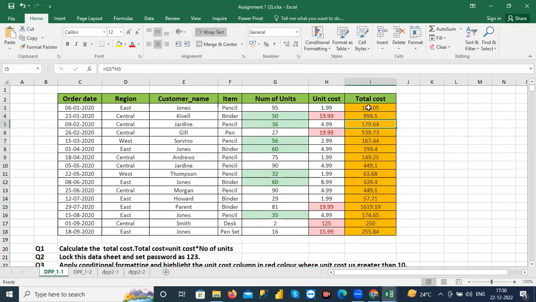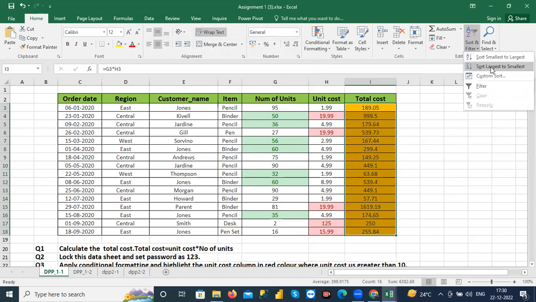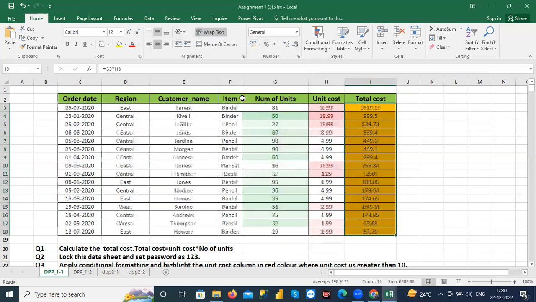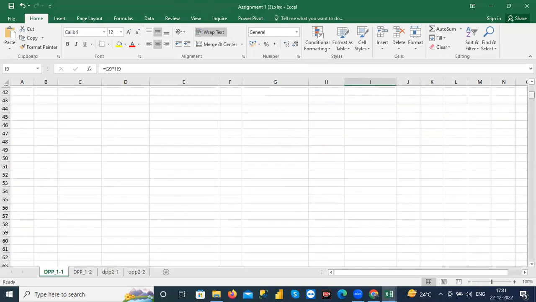Okay. Let me see why it is not being done. Okay, expand the selection. I would sort it. Okay. Now it is giving us this sorted value. All right. And now what we need to do, we will solve